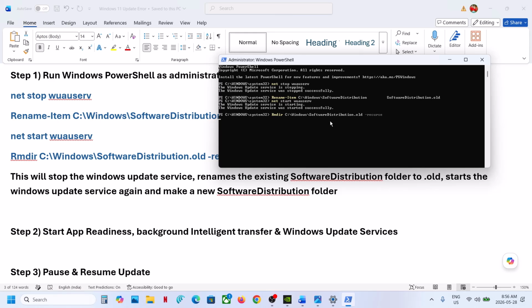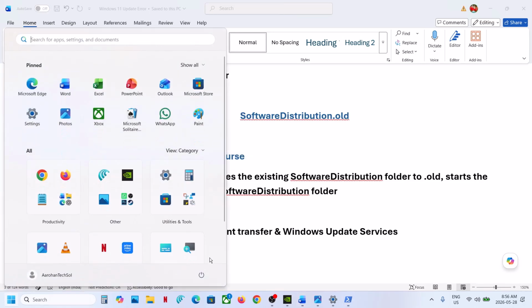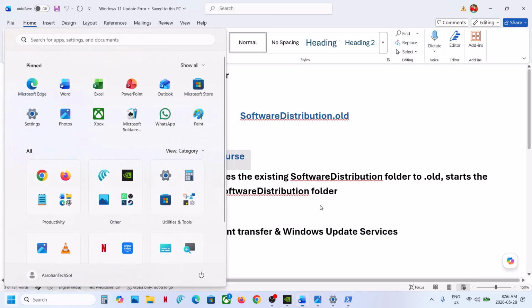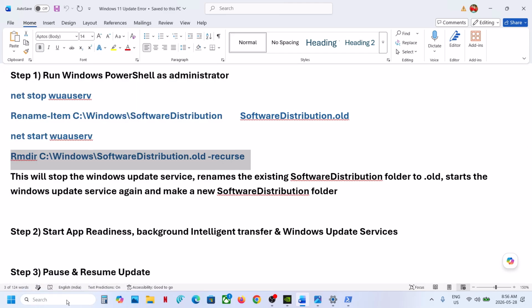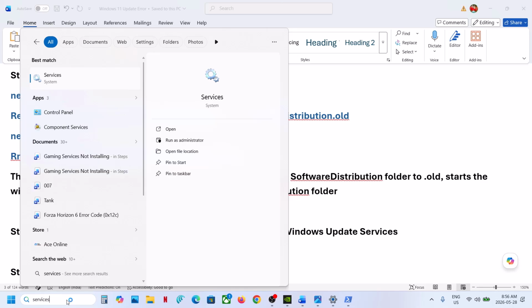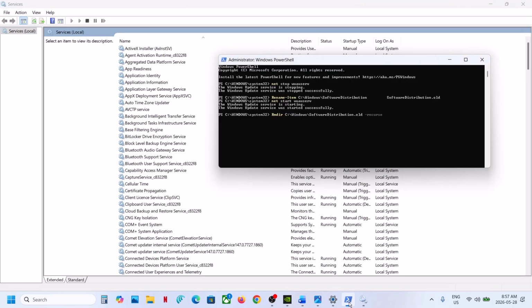Once this is done, now you can restart your computer. Once this is complete, you have to restart your computer. And after the system restart, you can check. Still not working? Then type in services in Windows search box, click on services, and then